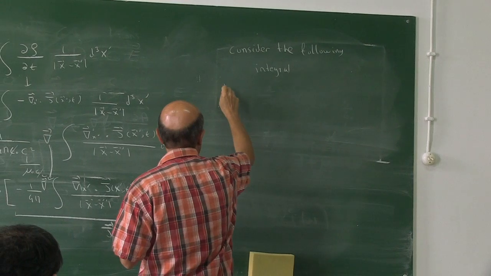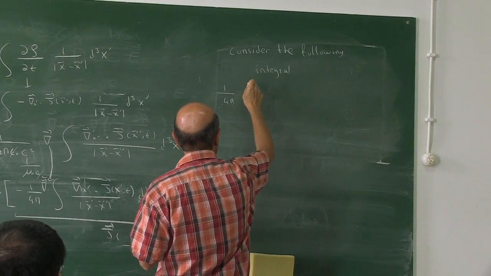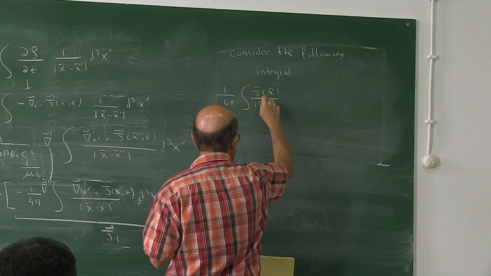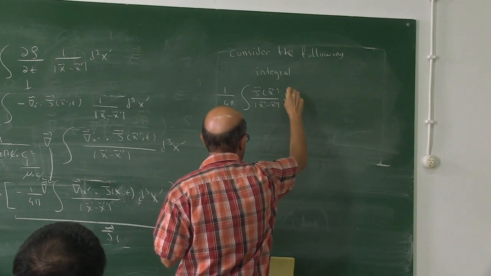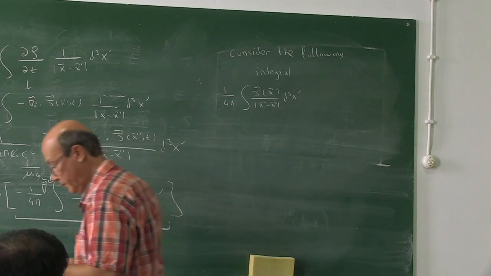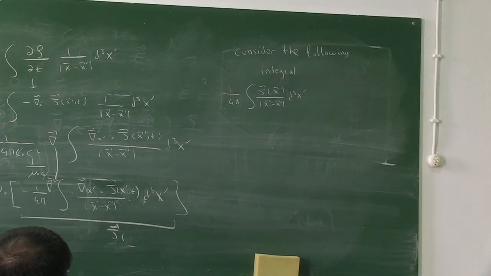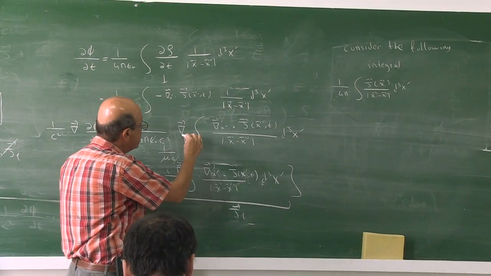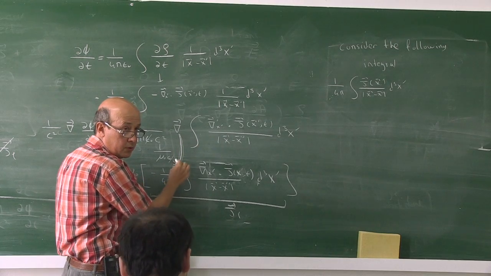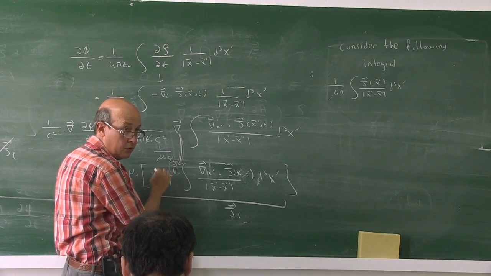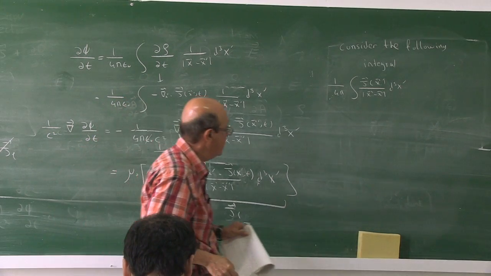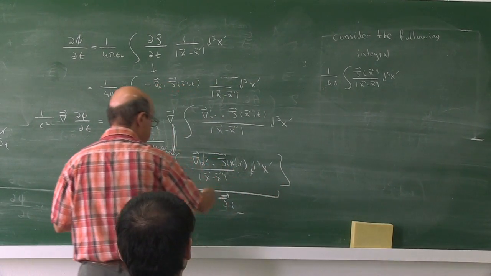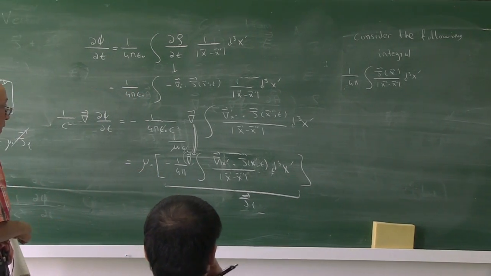One over 4 pi, current density divided by x minus x prime d cube x prime. So for the newcomers, I forgot to write the gradient here, so you should write again. Okay, so this wasn't in your notes. I'm trying to calculate this and to show you that this is the longitudinal part of the current